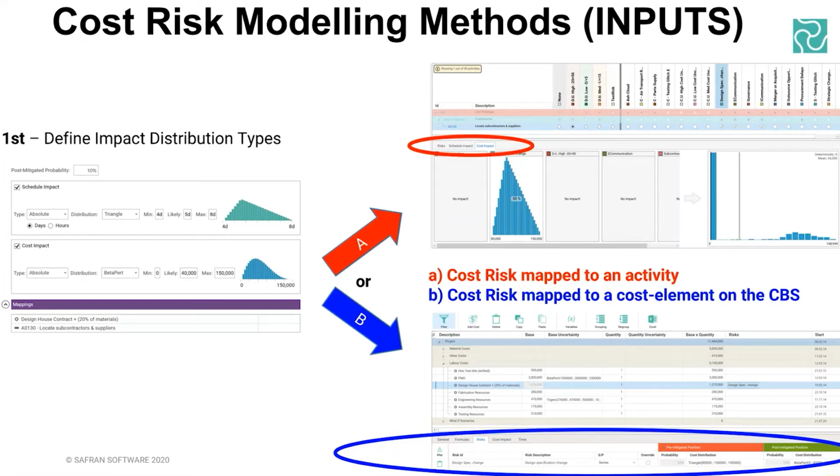So method A, again, this is more the traditional, maybe what you've been used to doing in the past, where you have a cost or resource loaded schedule. Now, that's perfectly fine. We accept that, and you can model that as necessary if that's what you want to continue doing. We do, however, offer an alternative, which is method B, where there's a cost tab or module where you can articulate and define your own cost breakdown structure. And anecdotally, I prefer method B